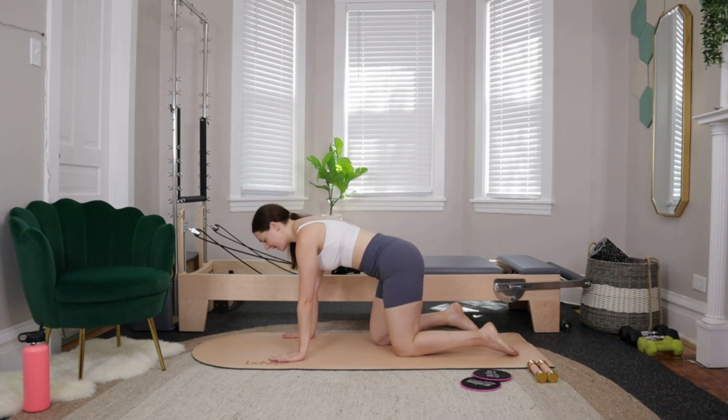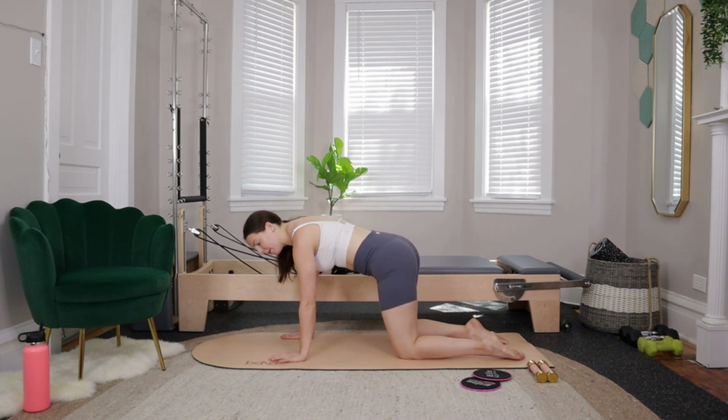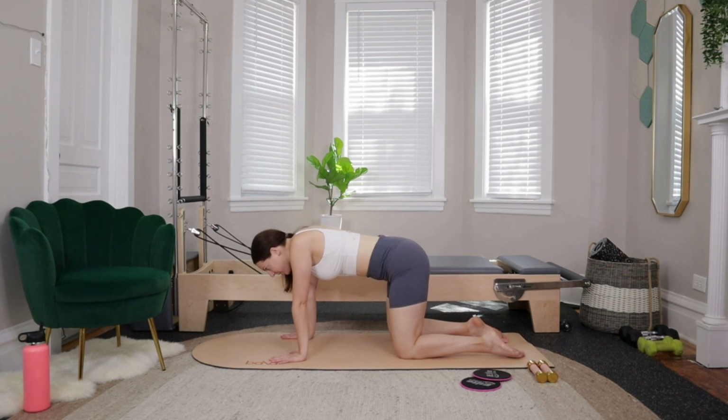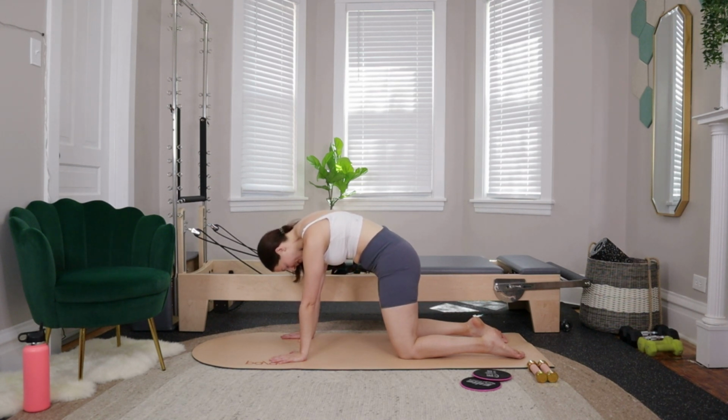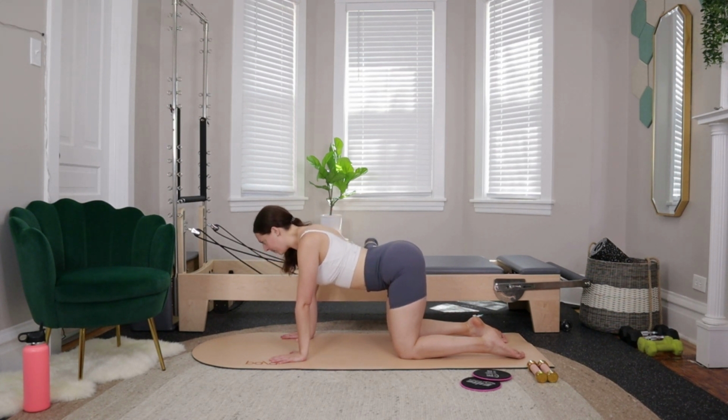Then take your legs up and behind you so that we come into a tabletop position. Both hands go down, both knees go back. You'll take an inhale, arch at the back, open up through the chest, draw the shoulder blades together. Exhale, press up and away, curving the spine up, looking to the tops of your legs while pointing the crown of the head down. We'll move through 2 more like that, inhaling to arch at the back, open up the